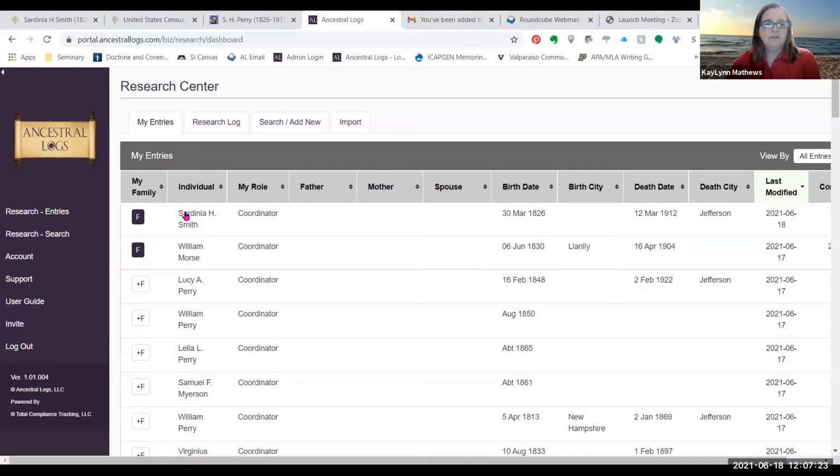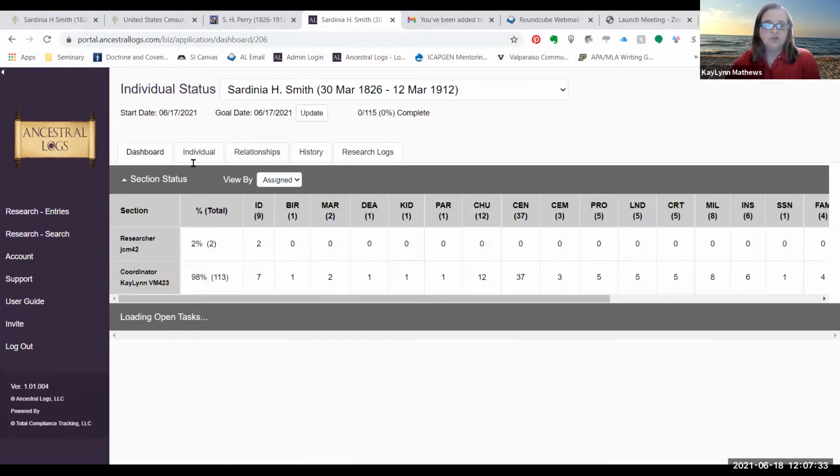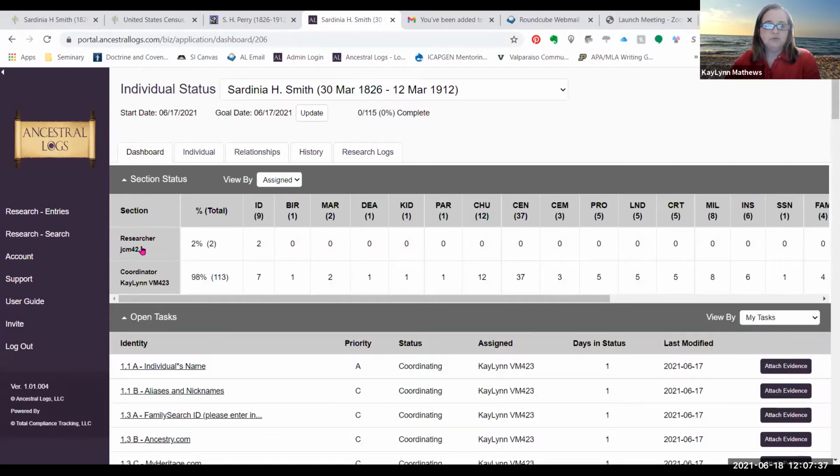Okay, so now that we have Sardinia Smith loaded, and we've got JCM assigned and I'm assigned. If you go back to this, you can see here is the researcher. Everybody that's assigned a task is here on the dashboard. And it shows little numbers at the top that he is assigned 2 items in the ID category. But me as the coordinator, when I come in here, I'm like, oh, I still have 113 items to do, or 98%. As the coordinator, then I need to assign to somebody. So I will know immediately coming here, if I'm JCM, I can click right there on that 2, and it'll take me to that information, the task that I need to do,